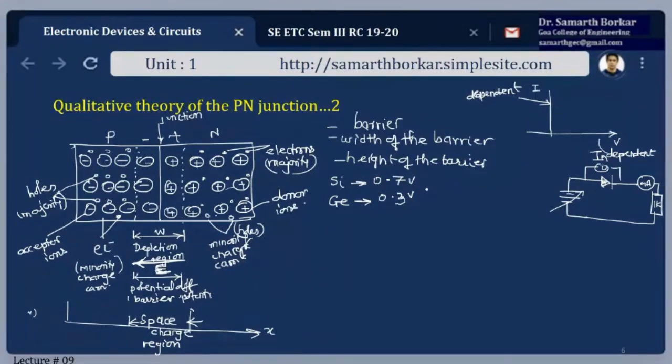Now the point I'm trying to make you understand is the significance of this 0.7. If I take a silicon diode, this silicon diode will not conduct until you supply it with 0.7 volt. So initially the current will be very less. At 0.7 it will start to conduct heavily. Now how does this 0.7 come into the picture? Because of this barrier, because of this depletion region, because of this space charge region. Clear?